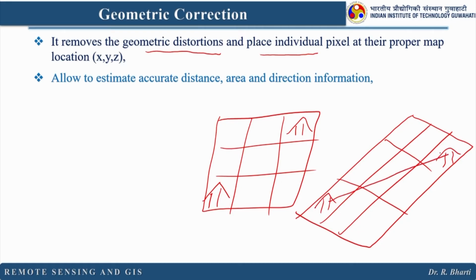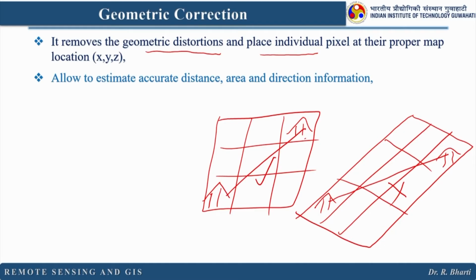So, in this case the distance from this to this is different and from this to this is different. So, but actually this is the correct one, this is the wrong one. So, you need to take care of this geometric correction,